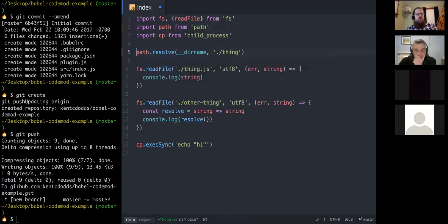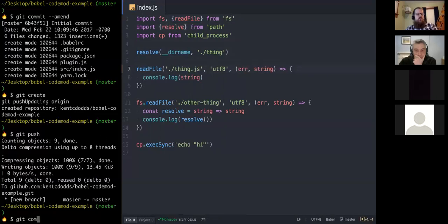That's all we need to do. And then whoops, pretend that was that way all the time. But then we need to remove this and go down here and fs stop. But we don't want to have to do that all over our code base. That would take forever. So we're going to write a quick codemod that'll do that for us. And that too. Let me just commit